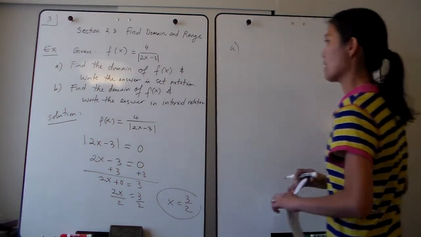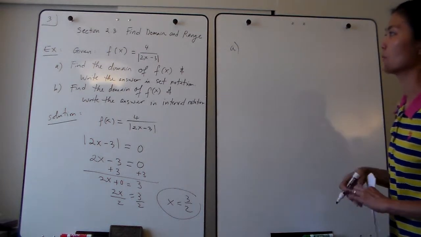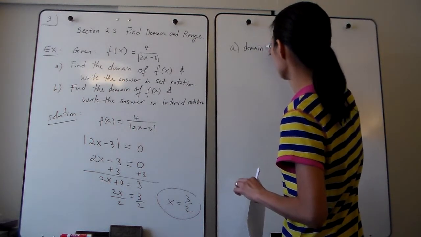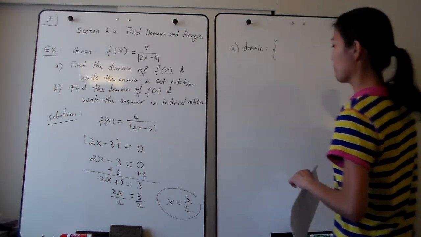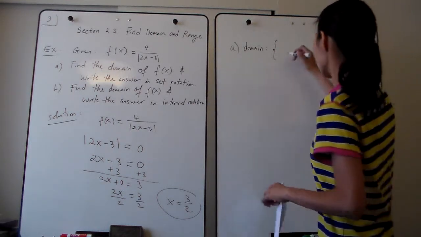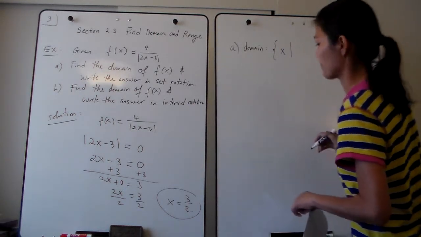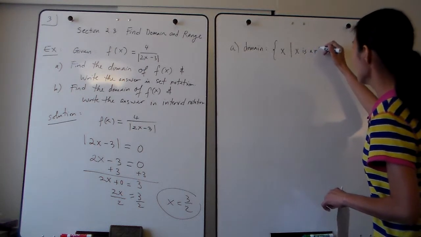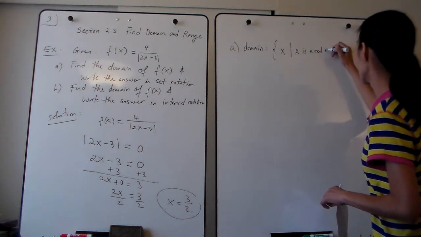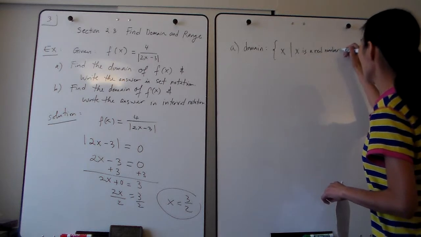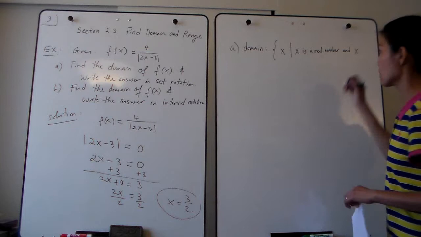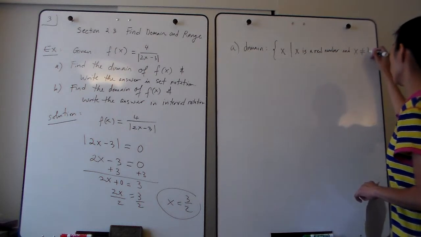So if you write down the answer for the domain in set notation, you would write: the set of x such that x is a real number